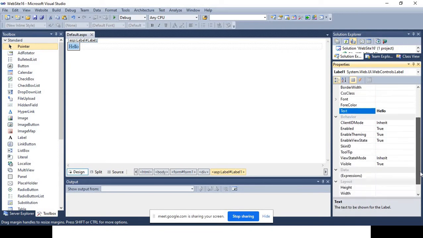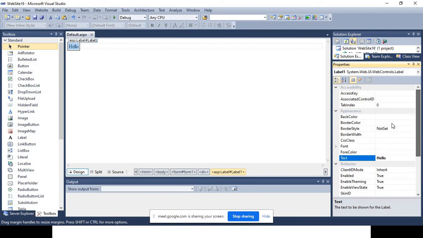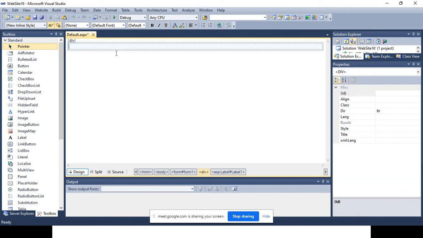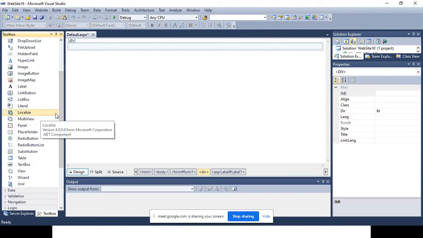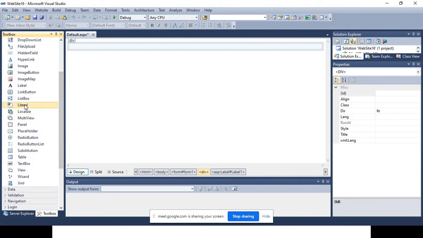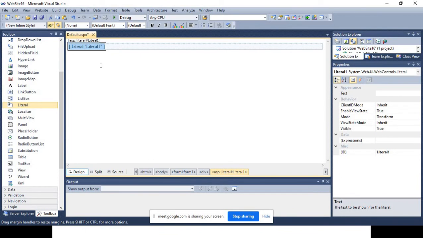So there are so many properties which the label control holds. Now I'm deleting this label control, and instead I'm putting a literal control. Where is the literal control? Yes, it is here, right? So this is a literal control, and you can go through the property window.